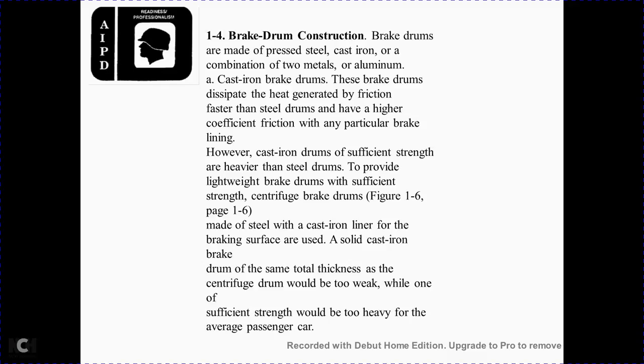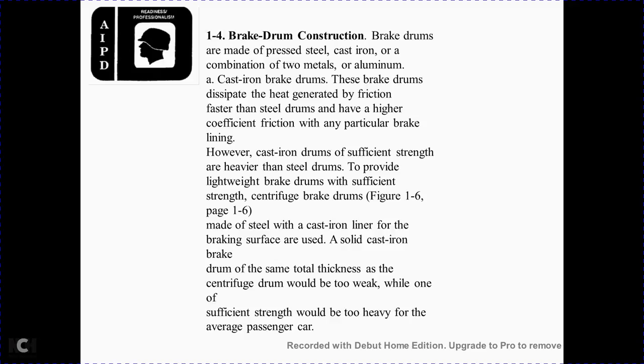1-4, the brake drum construction. Brake drums are made of pressed steel, cast iron, a combination of the two metals, and aluminum. Cast iron brake drums dissipate the generated friction heat, but the heavier the steel drum, the higher the efficiency of the friction on a particular brake. However, cast iron drums have sufficient strength but are heavier than steel drums, so lightweight brake drums are used. The centrifuse brake drum, figure 1-6, page 1-6, is made of steel with